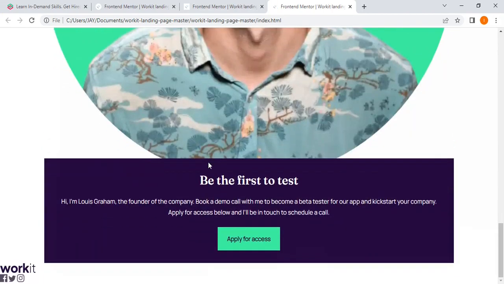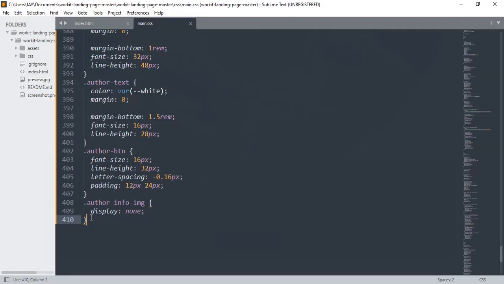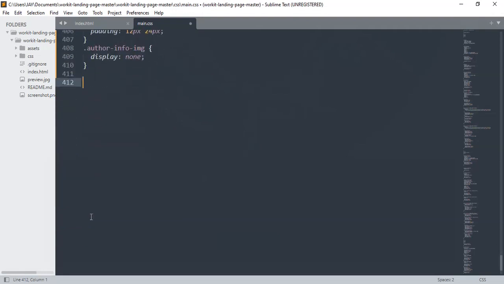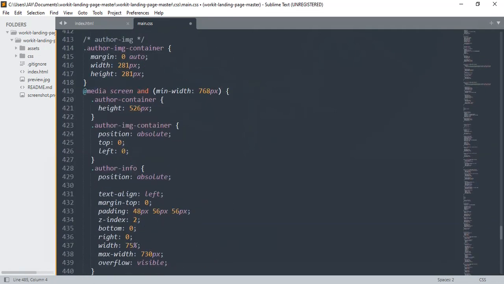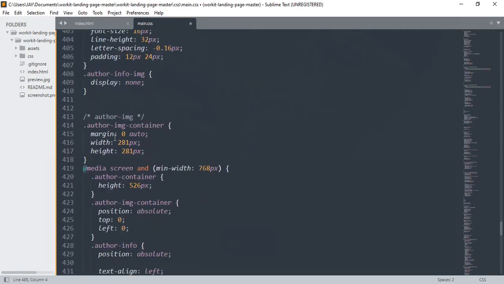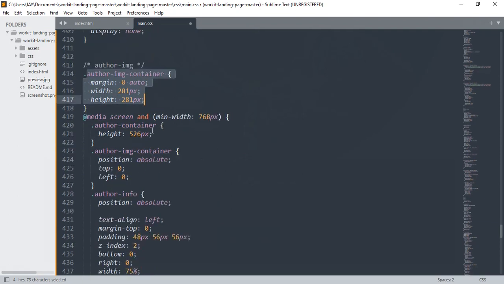oh, there you can see now I still need to do some styling. There is still some styling that we need to apply before we go on to the footer. As you can see, now I'm setting the image container margin auto 0 with width of 281 pixels and height of 281 pixels. If I go on to tablet views of minimum width of 768 pixels, I'm going to change the